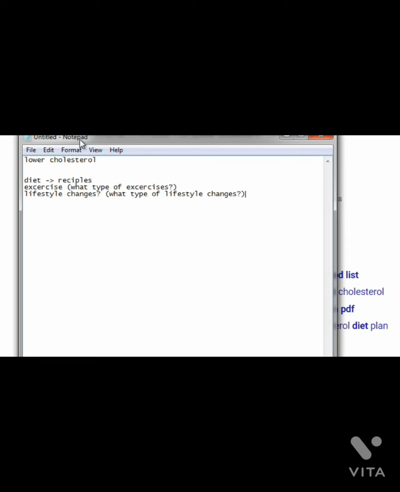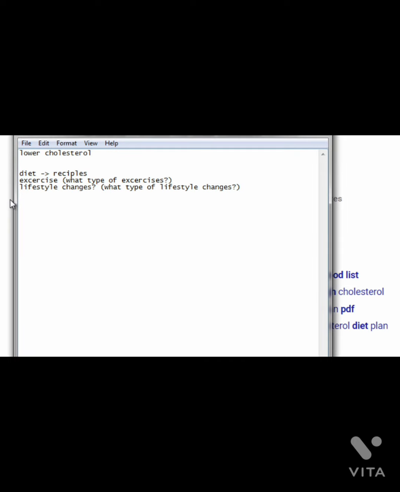So as you're beginning to type these out, ask yourself questions that other people would ask, like what type, or what if, or why, or how, or when. So who, what, when, where, how kind of thing. That way you can expand upon not just the general niche and the sub niche. You could see this diet and recipes could become one whole vertical of just topics, tons and tons of different diet plans, tons of different recipes, different types of exercises.